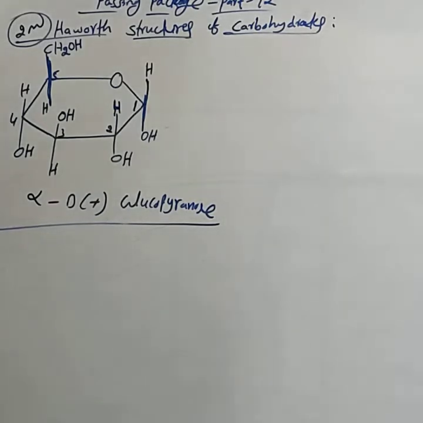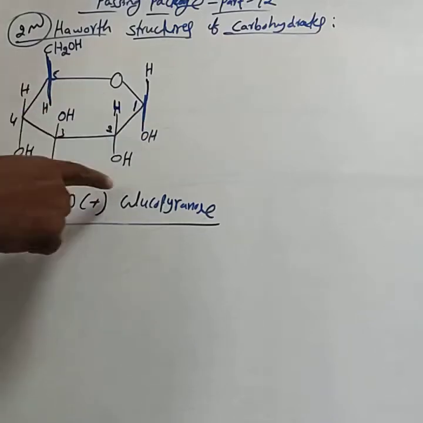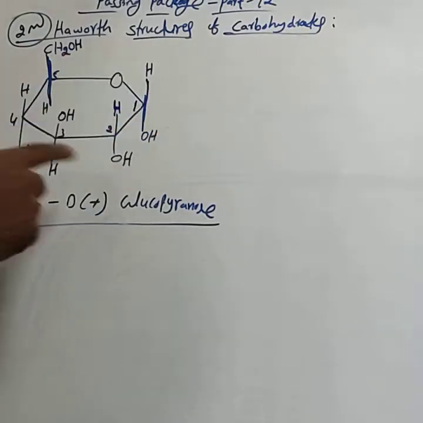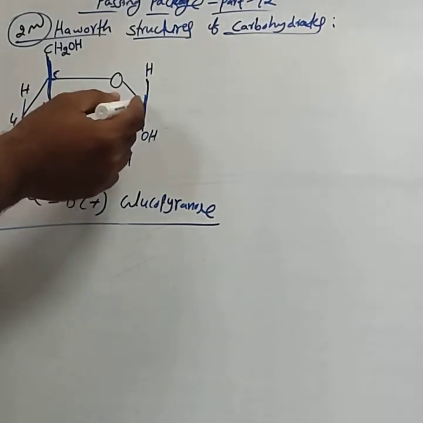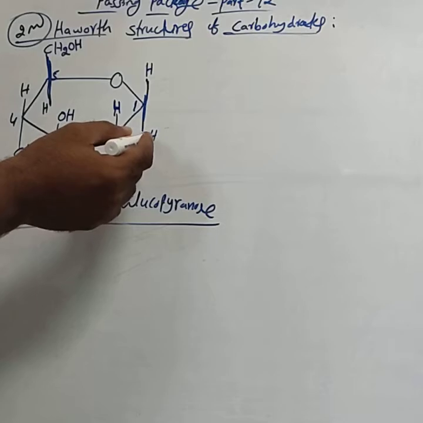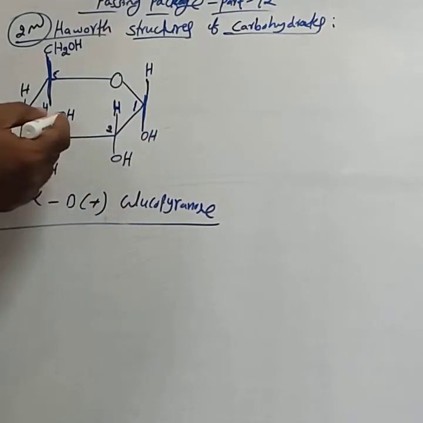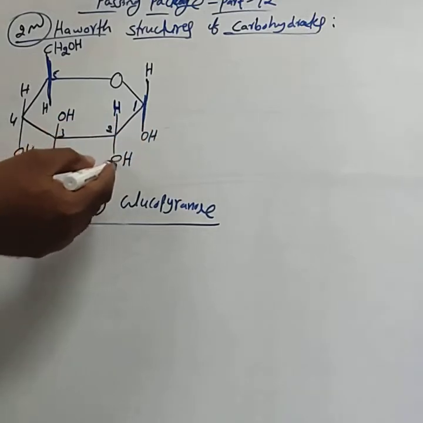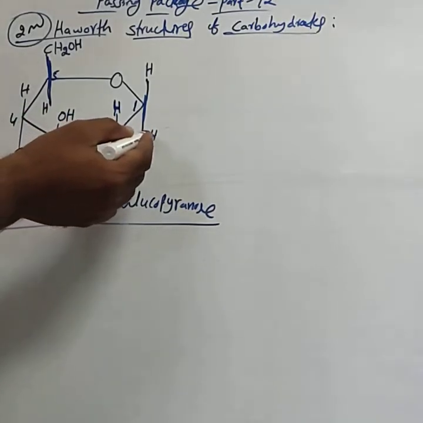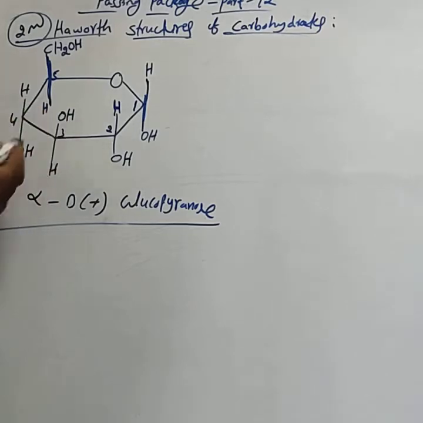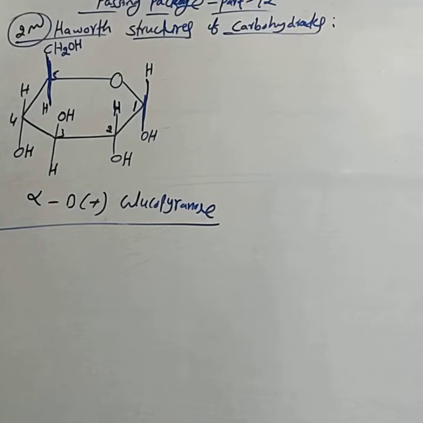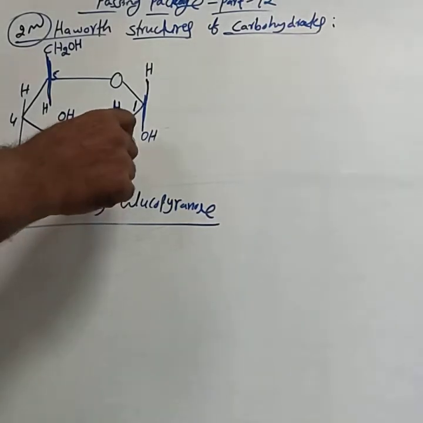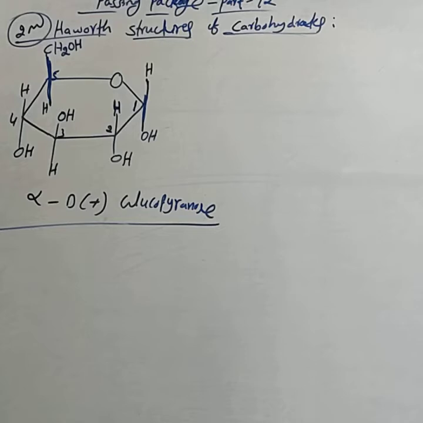In the regular class, I already explained how to remember these OH group positions. This is the first position. KK make K. That is ಕೆಳಗೆ ಮೇಲೆ ಕೆಳಗೆ. You remember that code, then definitely you can write the OH positions. If you make a mistake at any one of the corners, we will not give full marks for that question.